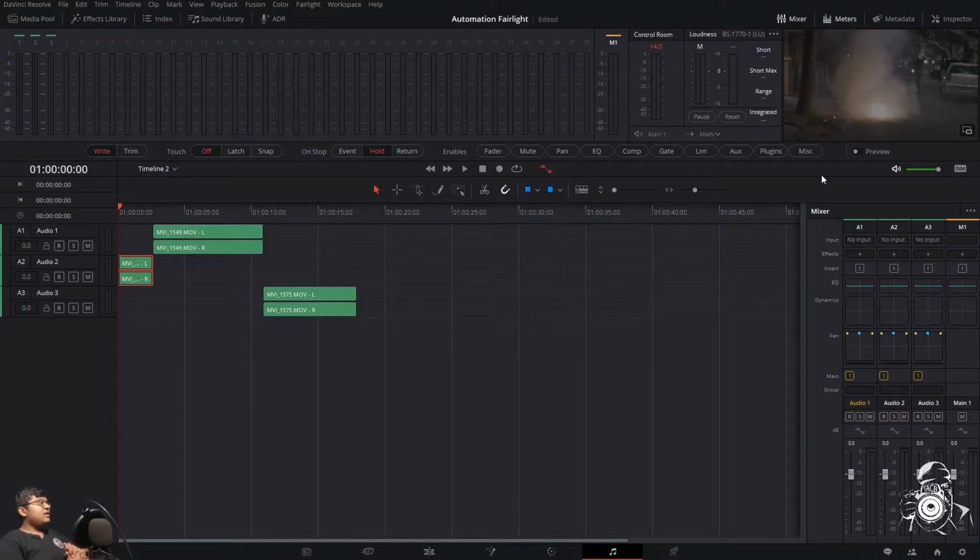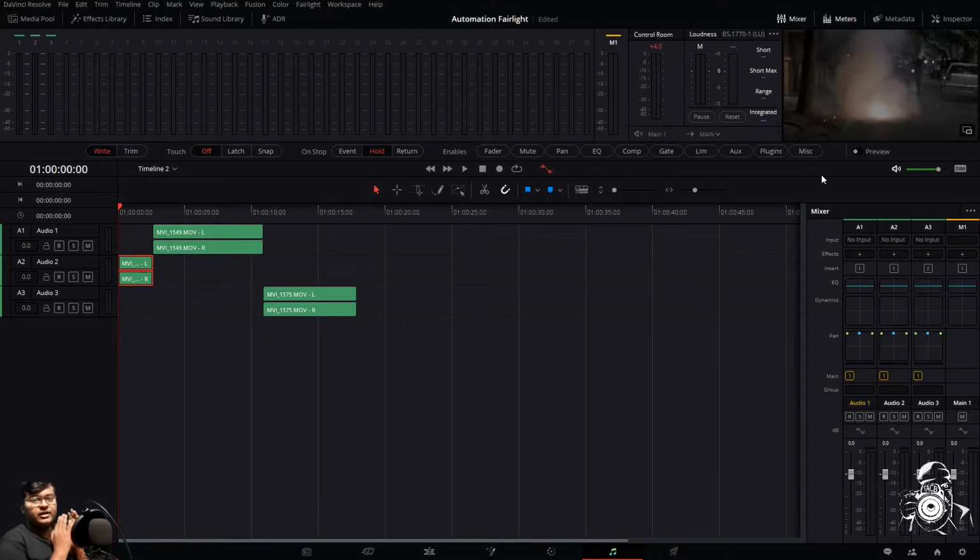And now let's talk about touch. There are three options: off, latch, snip. So in off position there is no automation recorded. Cool, right? So latch means automation is recorded once you begin moving a control, and continuous recording after you release the control. Okay, in event it where you can automate till that process, it can re-record again and previous one. I'll show it to you. Okay, hold means delete all the automations, complete automation, and build a new one again.